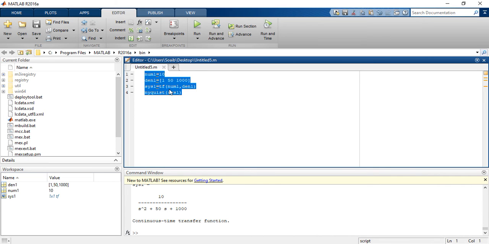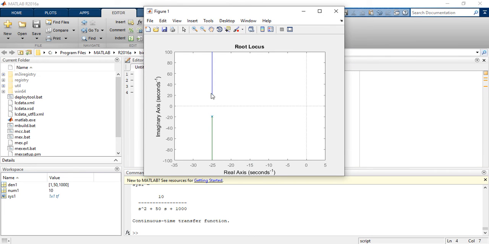Next I want to find out the root locus. Generally in root locus we find k upon something, but right now we have a constant value, so we will not get that curved graph, but a constant graph. The command for root locus is rlocus of system1. If I run it, the figure will open. These are nothing but the two poles. The two poles are going to infinity because there are no zeros, at a particular angle.